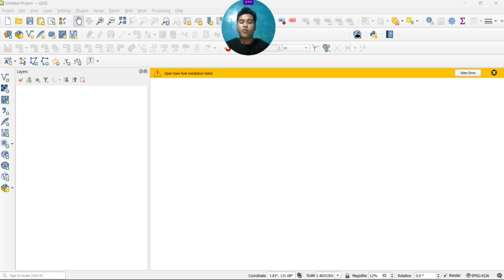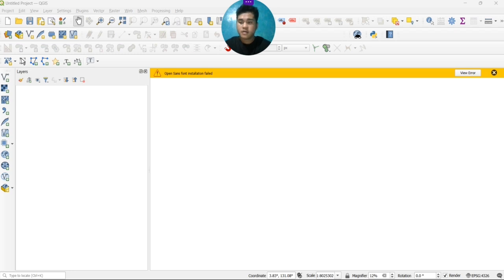So now we can start the proper thing, how you will be able to create a map. First, you will need to open your QGIS application. In my case, I already opened it.